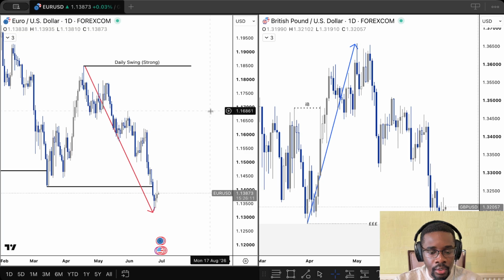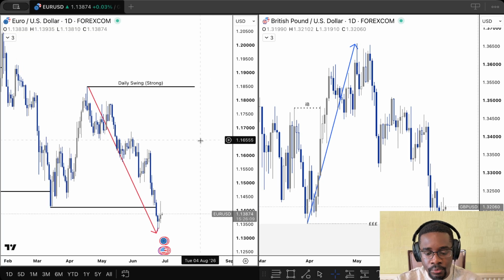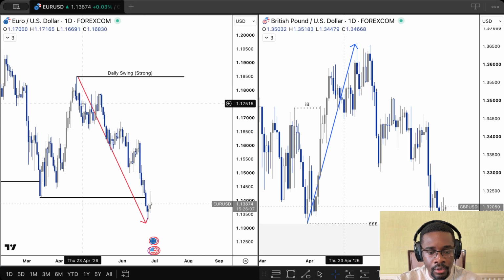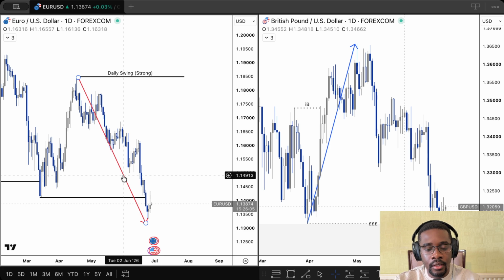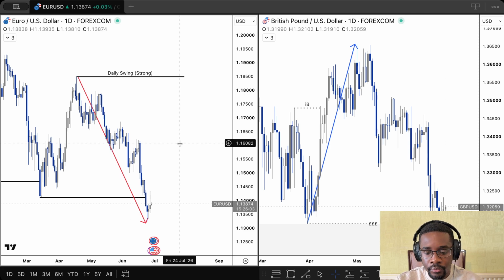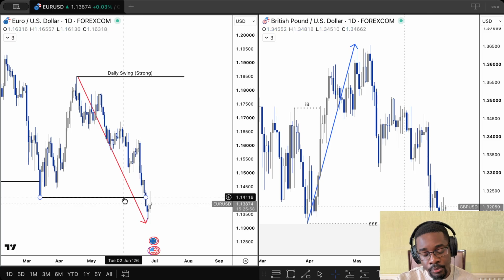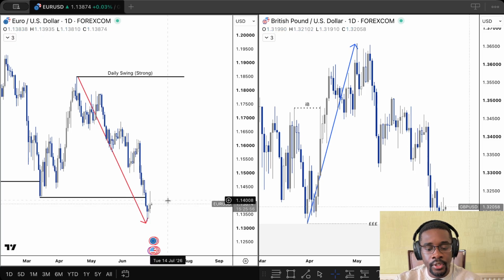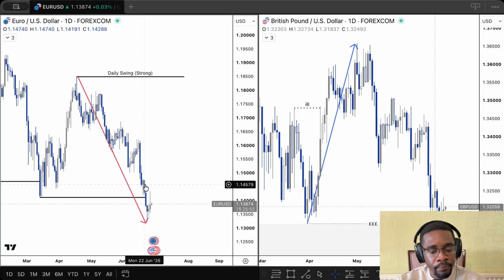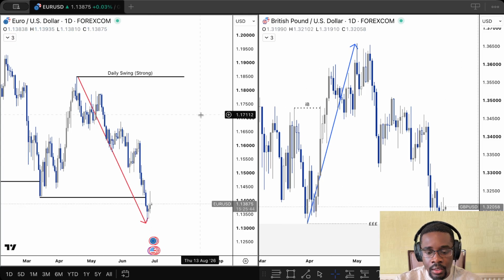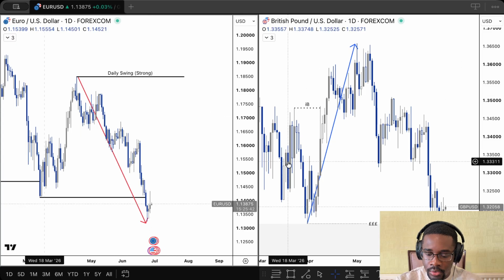Looking at EUR/USD, this is what we're seeing. We are in a bearish trend on the daily, and this is what we've been expecting. As we see, price has been pushing to the downside, and then we have had a break of structure, and we say that after every break of structure we do expect price to have some kind of pullback, and then we've had some kind of pullback. Although the structure has not changed, we're still heavily bearish. So on the daily,